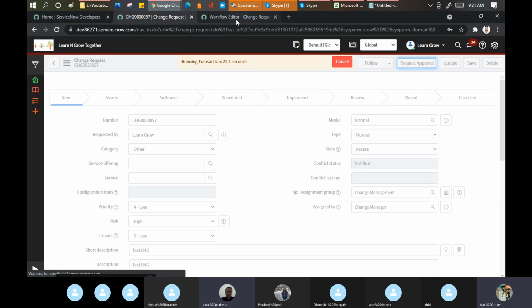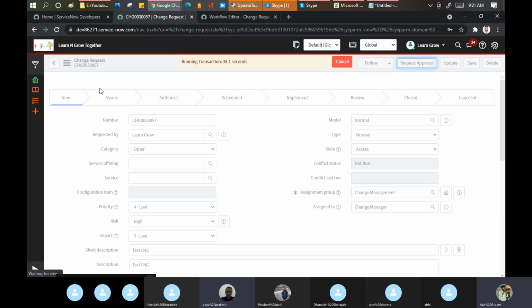Okay. Now, in the meantime, I'll show you something in the background if possible. We'll open the workflow from here. I'm sending it to the assessment phase. This one you can see here.